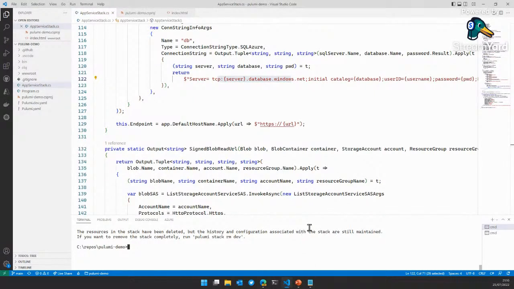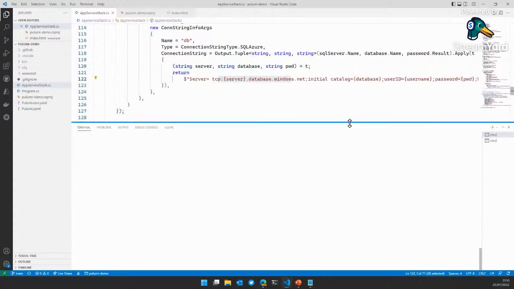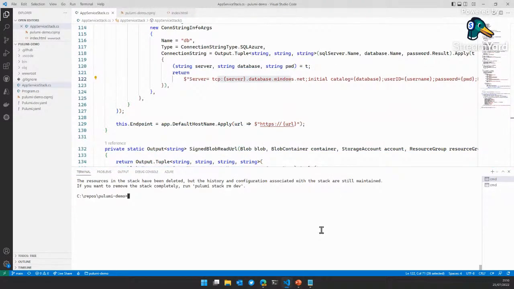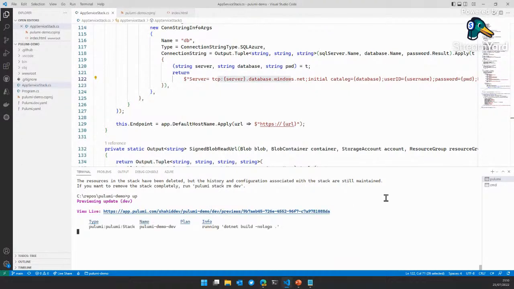So once I've got this, what can I do? I can go ahead and now provision this. I'm going to do this all in VS Code in the terminal just to make life easier. And I've aliased Pulumi to P in this environment because I'm lazy basically. So what I can do is if I do now Pulumi up, that's going to show me what it's going to do. So it's essentially going to do the preview first. Hopefully I haven't broken anything. That looks all good. Looks like it compiles.